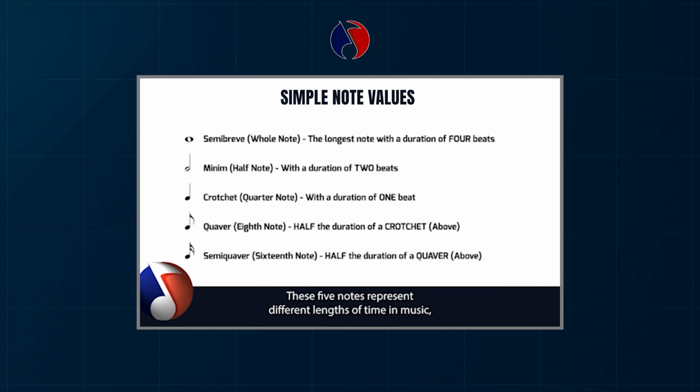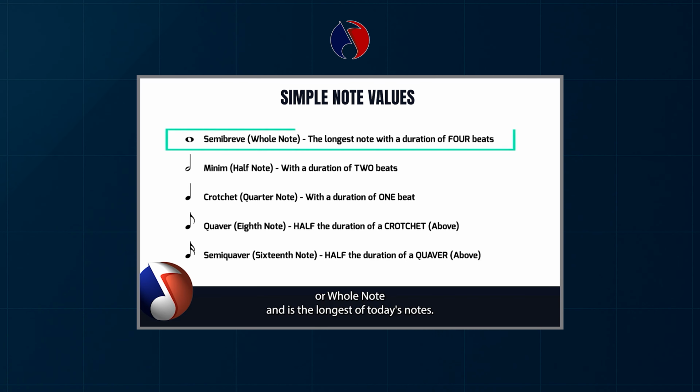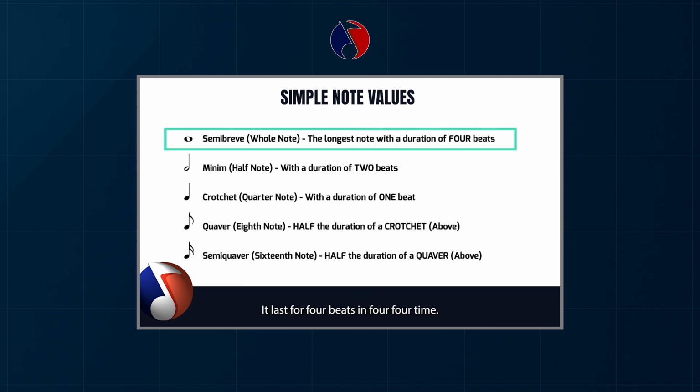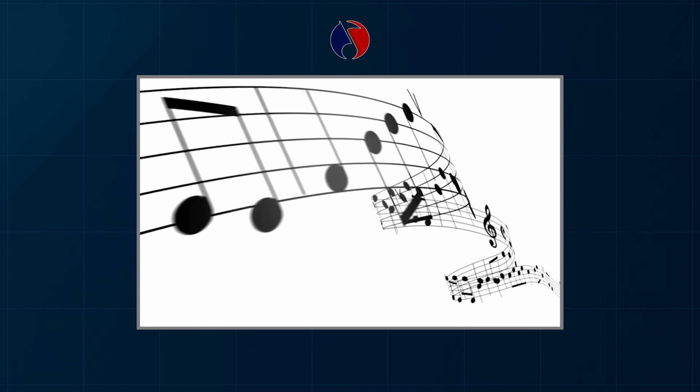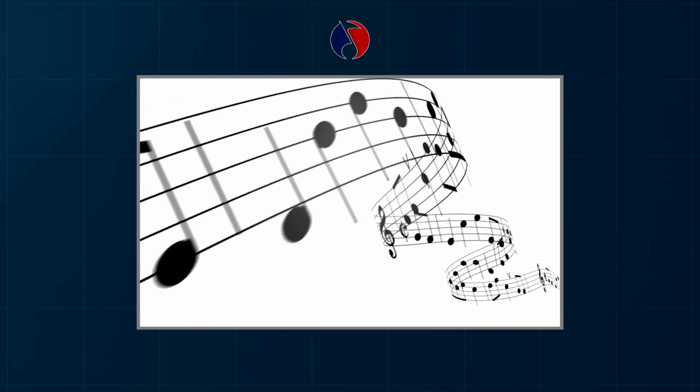5 notes represent different lengths of time in music, each with a specific name. The first note is called a semibreve or whole note and is the longest of today's notes. It lasts for 4 beats in 4/4 time. If you are new to the term 4/4 time, do not worry, as we will be covering this in more